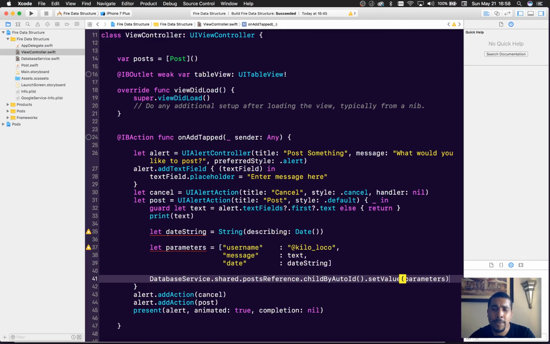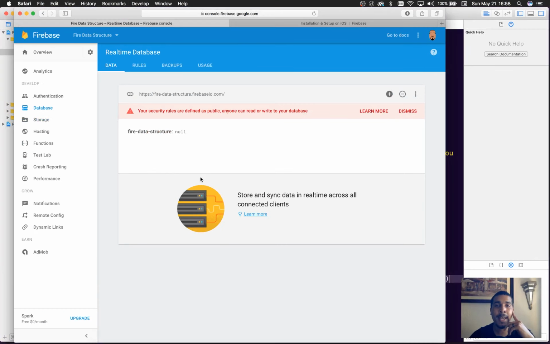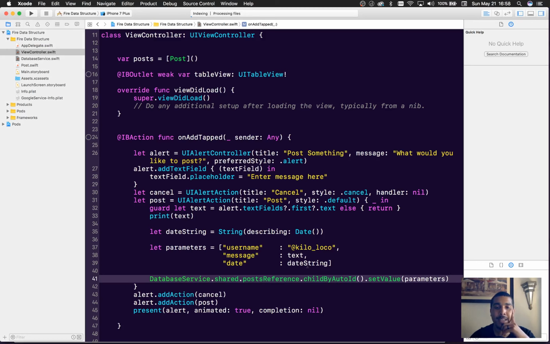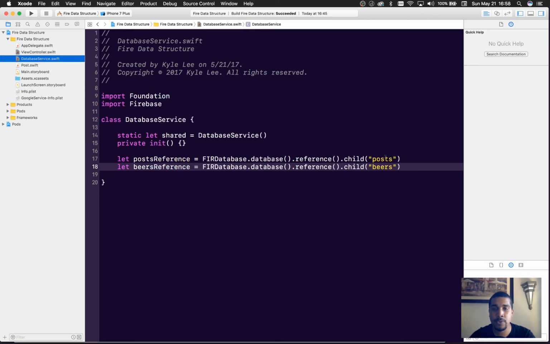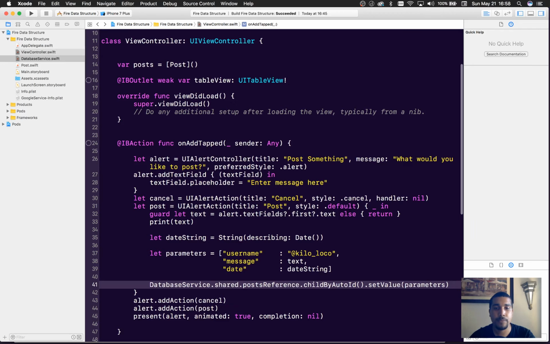So I hope this kind of makes sense. I know I've been talking a lot without actually doing anything, but I'm just trying to explain what's going to happen and some of these things you have to think about. As you can see, there's no data in this Fire data structure. That's the name of the project, but there's no data in here. As soon as I do post with whatever text I enter, it'll populate the database automatically. It'll make the path that I specified back in the database service, which is posts,